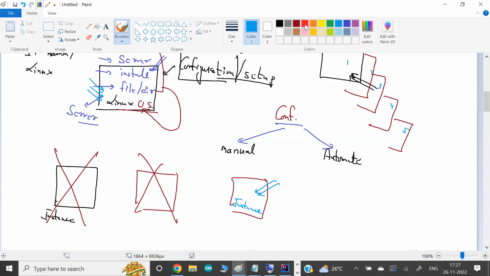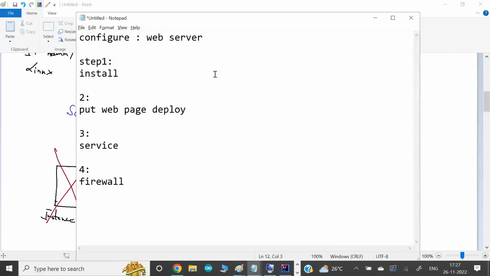And again, if you want to configure, you have to do the same steps. And if you're doing it manually, it takes a lot of time, because right now these are only 4 steps. But maybe on a server, you have to do hundreds of steps. You have to do performance tuning, you have to apply security patches, hundreds of things you might have to do.